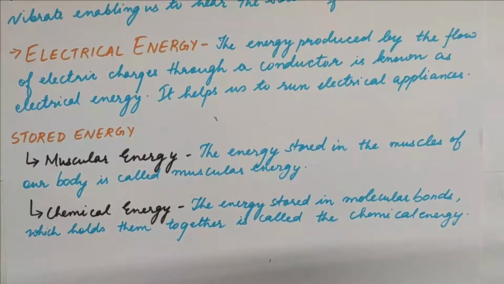Okay, children? Like you might have heard about coal being burnt. The molecules of coal undergo some chemical change and they give out heat energy and light energy. Similarly, chemical energy is given out during the burning of any kind of fossil fuel, and it is also helping us to move around for transportation and for cooking.